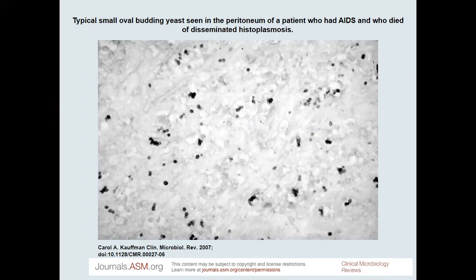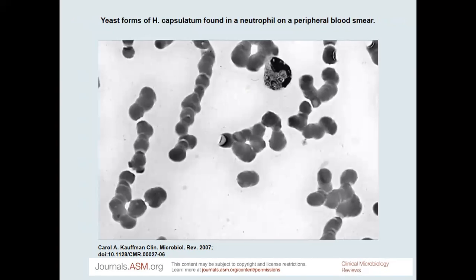This is from a patient who had AIDS, and this had already disseminated to other organs. This was in the peritoneum, where they found all of these budding yeast cells of histo. And here it is actually in the peripheral blood. You see all of the red blood cells, right? And right up at the top is a neutrophil. I don't know if you can see, but you might be able to make out the little yeast cells inside that neutrophil, where the neutrophils are trying to